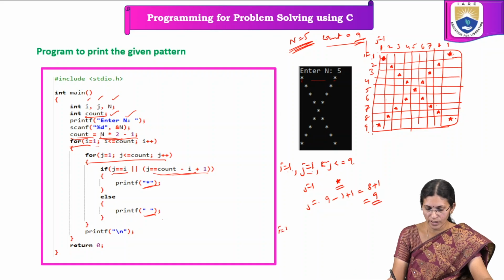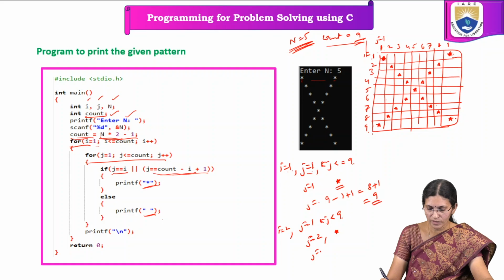So next, for i is equal to 2, j will take the value from 1 to j less than or equal to count. Count is 9 only, so it will print the star based upon the condition. When j is equal to 2, a star will be printed. When j is equal to count minus i, that means count is 9,